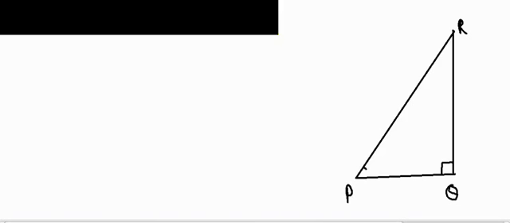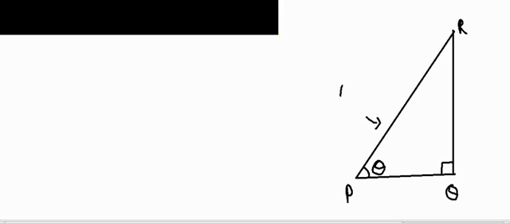When you are starting with a right angle triangle, we take an angle into consideration. Say this is theta, I'm putting this as theta. So in a right angle triangle, when you are calculating things with respect to one angle, here we have angle RPQ, or theta. With respect to this theta, and with respect to this 90 degree, the side opposite to the 90 degree, this side precisely, is called the hypotenuse.